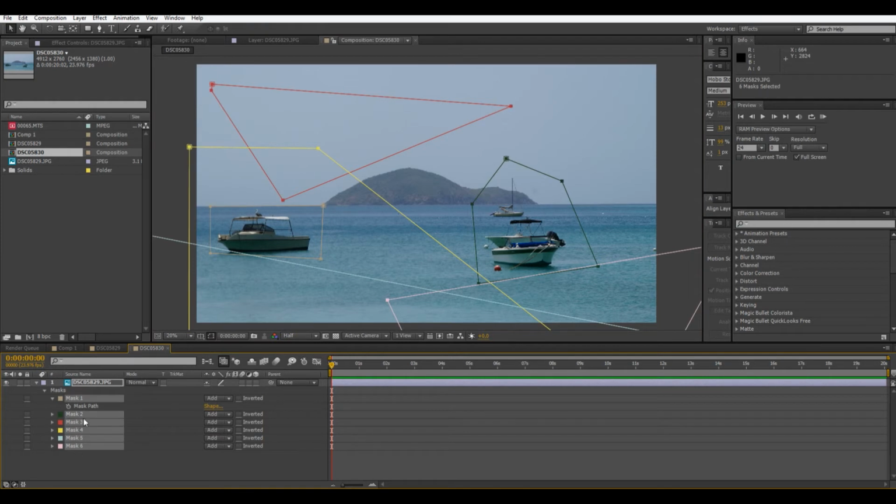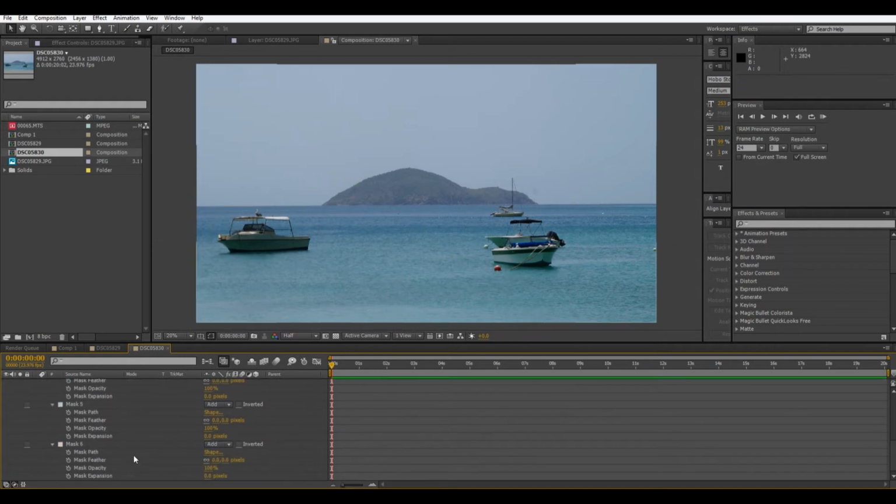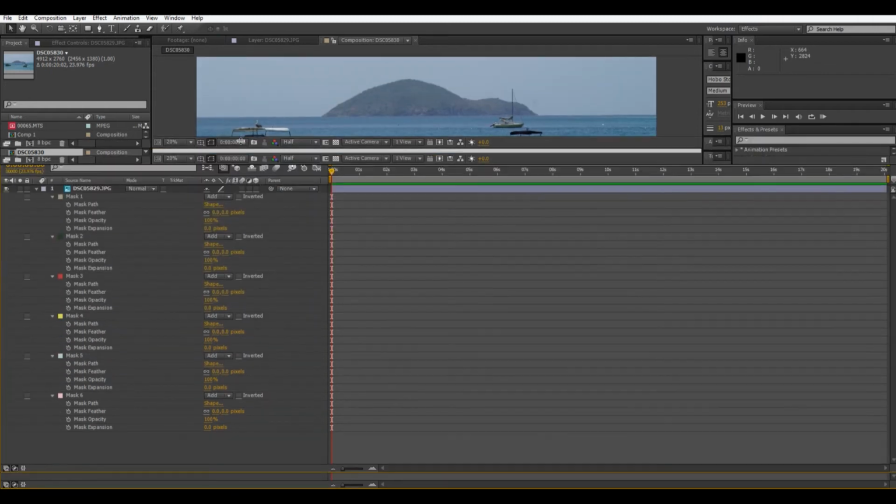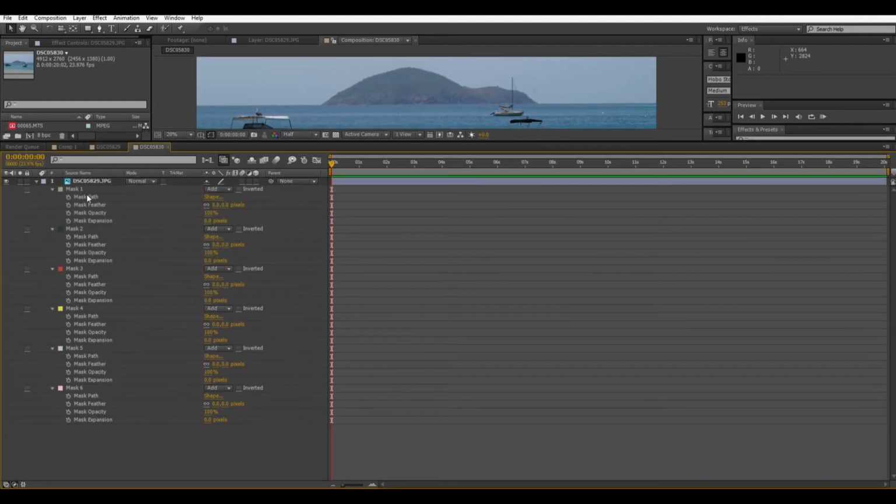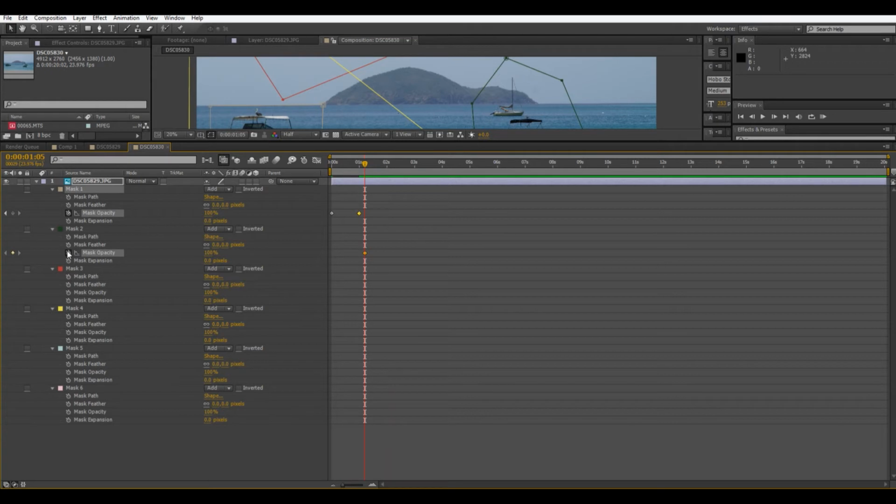So now what we can do is go into these masks. I'm, again, shift clicking on all of them, and I'm going to hit MM. So here we have our mask opacity. So this is where it gets a bit tedious. So I'm going to bring this up a little bit. The first mask we want to come in, we're going to keyframe first. So we're going to set it 0 at the beginning, and then by however many seconds we want. So we'll say 1 second, 100. Then, here we go, 0,